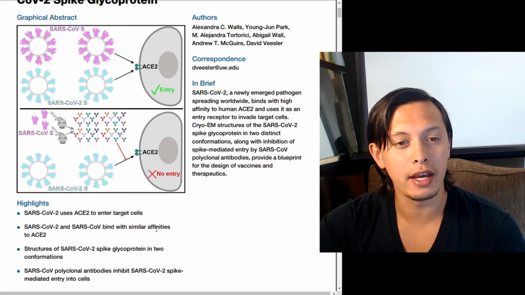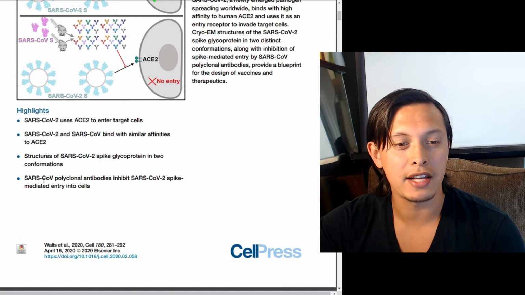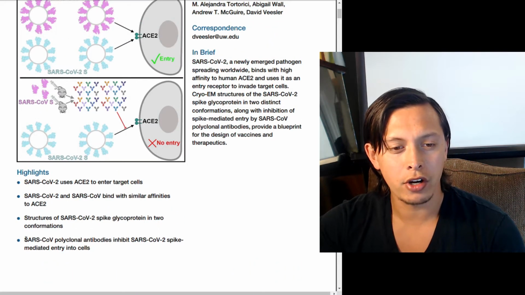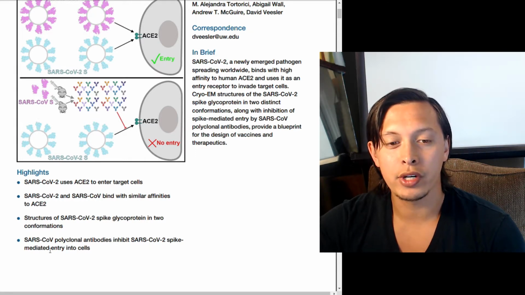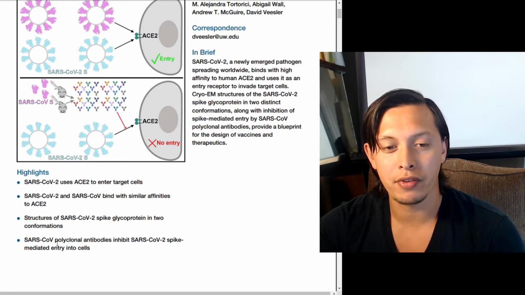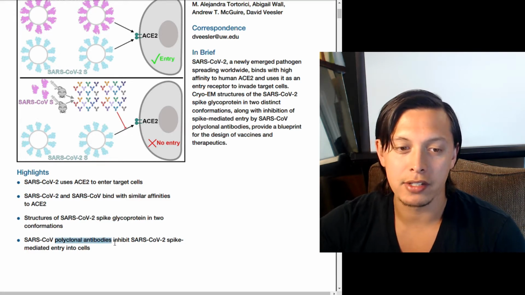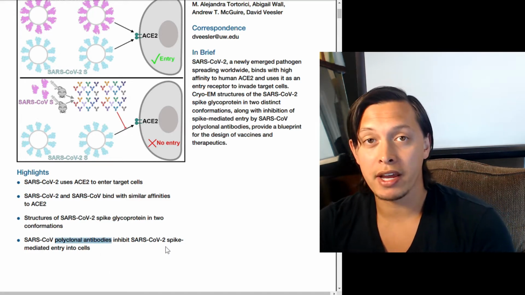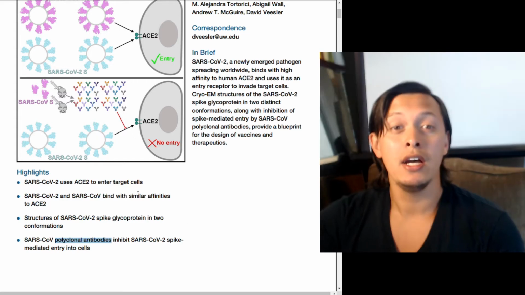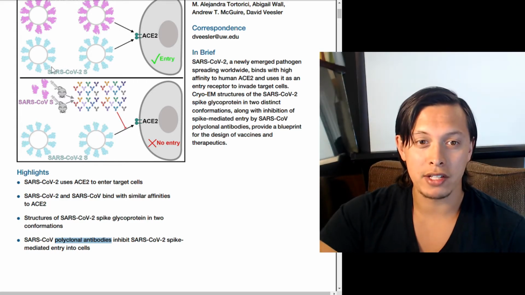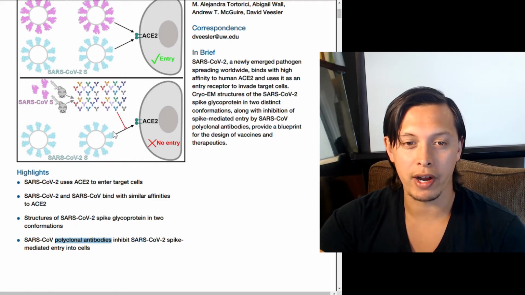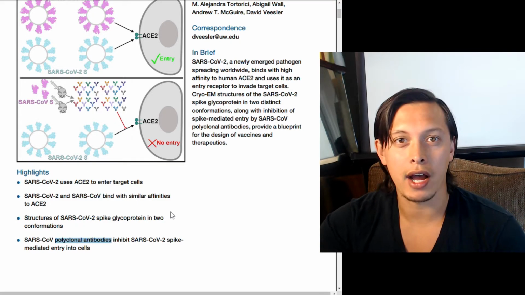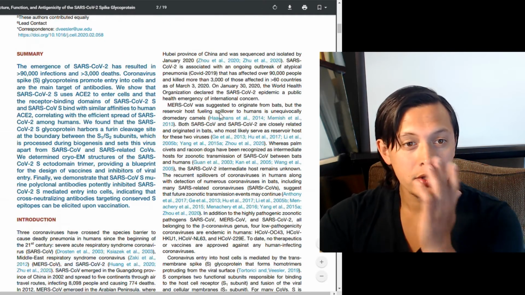And the last highlight is that SARS coronavirus 2 polyclonal antibodies inhibit SARS coronavirus 2 spike-mediated entry into cells. Specifically, polyclonal antibodies, meaning many different types of antibodies used at the same time, can have a drastic effect on preventing the SARS-2 coronavirus from entering the cell. So these are the highlights of this particular paper. So without further ado,